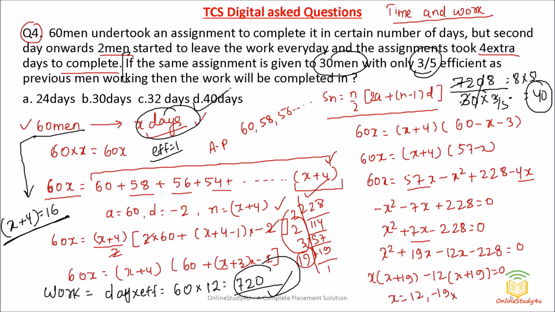So, friends, this was a wonderful question, and I should and must say this question was very good. So 30 men, same assignment is there and their efficiency is 3 by 5, but they are not leaving, every 2 members were leaving on the second day, third day, fourth day, and so on. So they are working continuously, so they will be taking 40 days to complete the work. So option D will be the correct answer. So, friends, these are some difficult problems which you will be facing in your TCS NQT examination. So easy and difficult, both problems we have done.